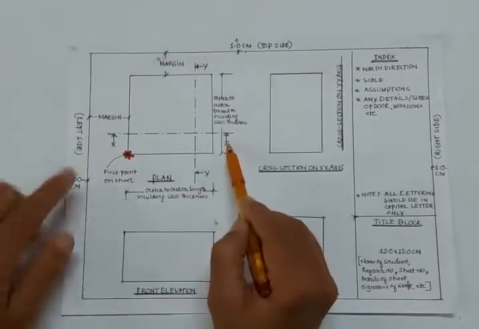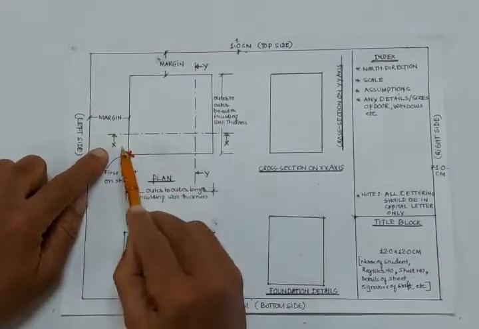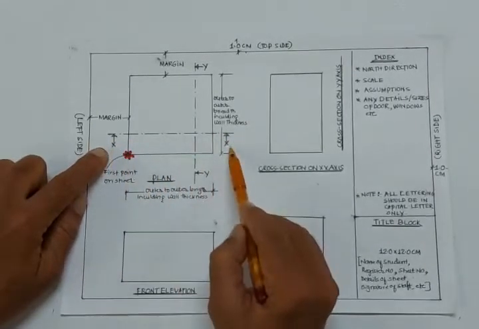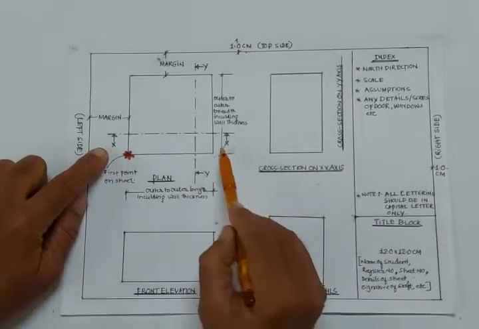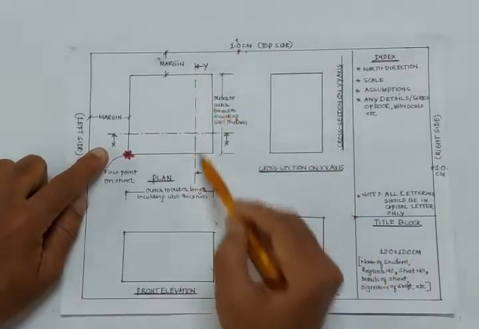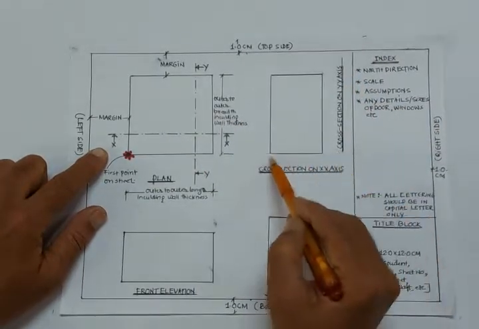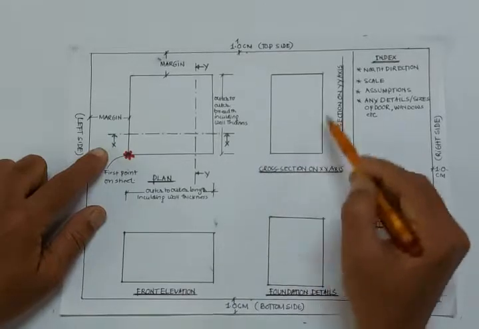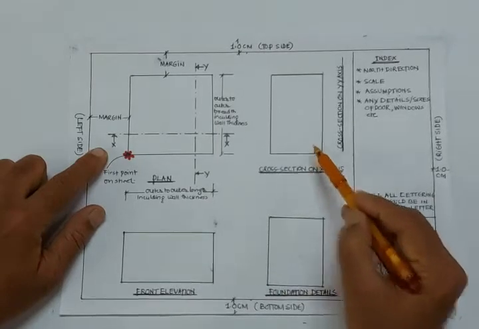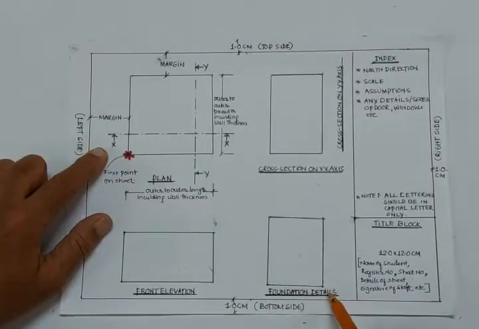Along the x axis, two directions are given, the upward direction or the downward direction. As per the given line diagram, he has marked cross section lines. They are also called section lines. Suppose that is the x axis, you have to consider this as the cross section about the x axis in this direction. And suppose it is in the y direction, you have to consider it parallel to this line, from the foundation to the superstructure. This is the cross section of the y axis. Similarly, for any foundation details, you have to draw a separate cross section of the foundation details.